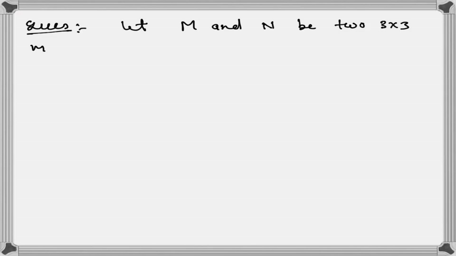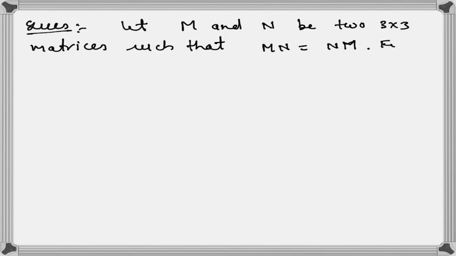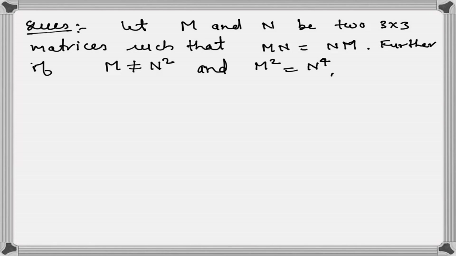Okay, so let's solve another problem. Question: let M and N be 3x3 matrices such that MN is equals to NM. Further, if M not equals to N square and M square equals to N to the power 4, show that